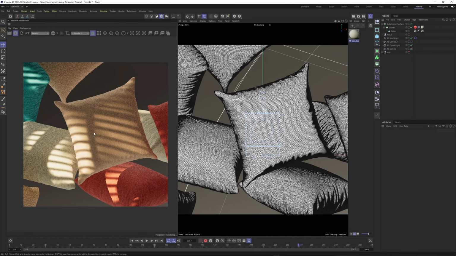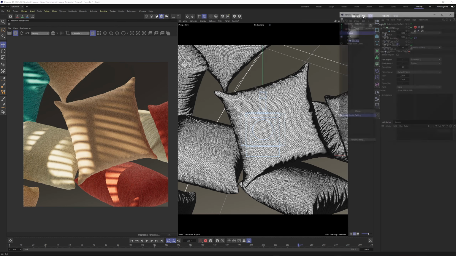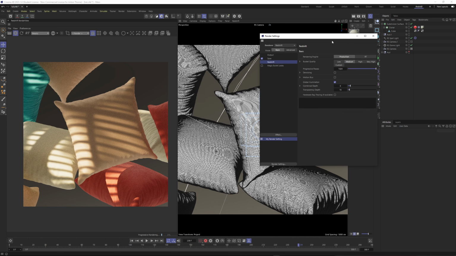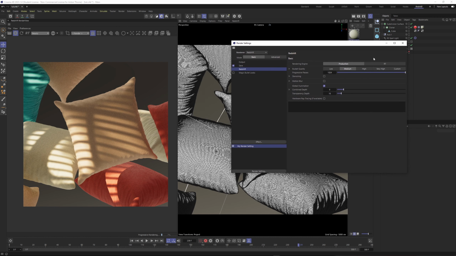At this point, if you're rendering this off, I'm just going to mention it one last time. Make sure you're in your render settings. You've got your width and height set to whatever you want those to be. You can change the frame range here. So for me, I picked this end bit, but again, you can just switch that up here as you need. When you're inside Redshift here, a lot of this you can keep pretty default,